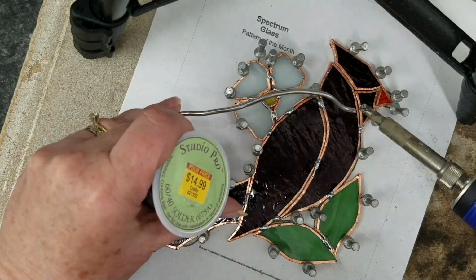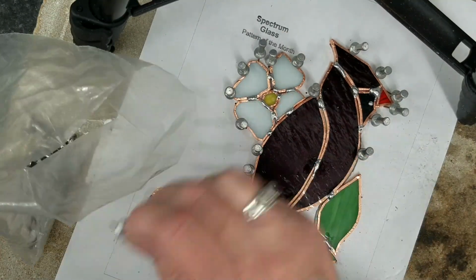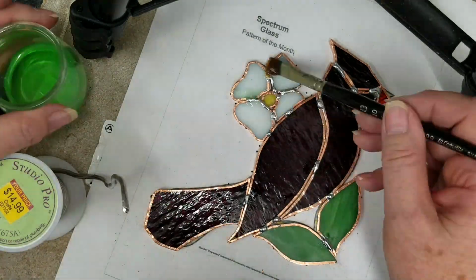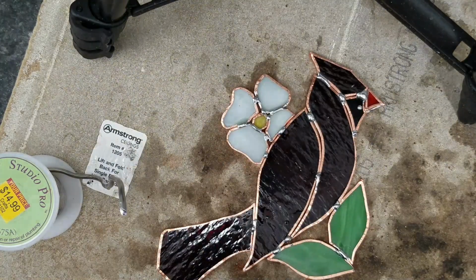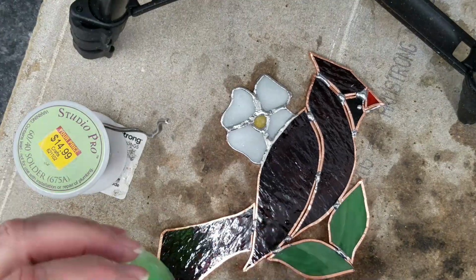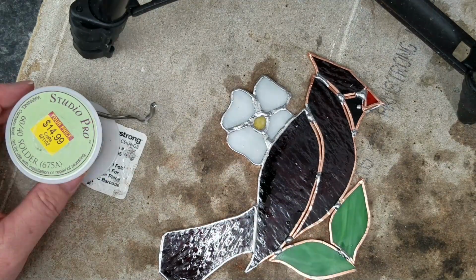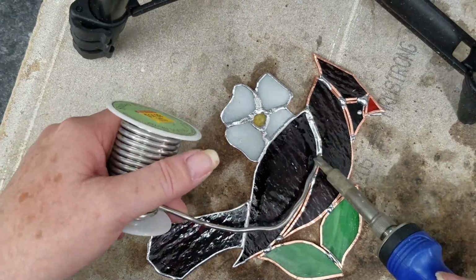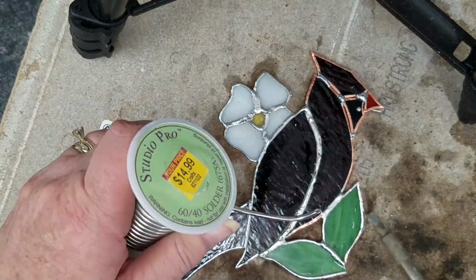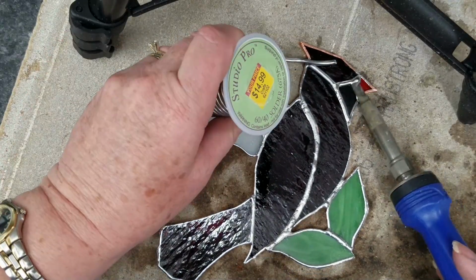And I'm just going to tack all my pieces with a little drop of solder after I've fluxed, of course, those little areas, just to hold the piece together. And then I'll take the pattern piece out and put my flux down. And the first go around on the front side, I really just don't care how it looks. It's just to tin and to fill the gaps, or fill my seams rather, with solder on the front, because I'll go back over it and make my seams